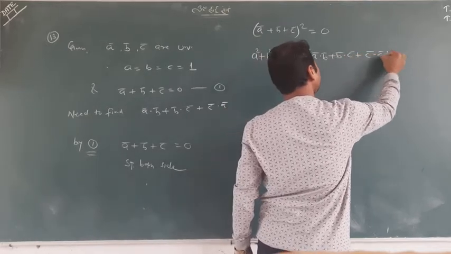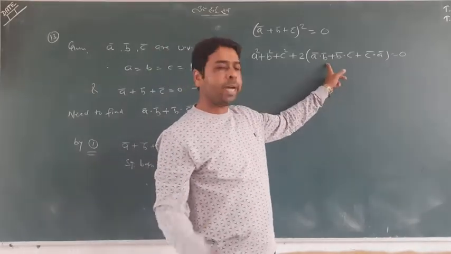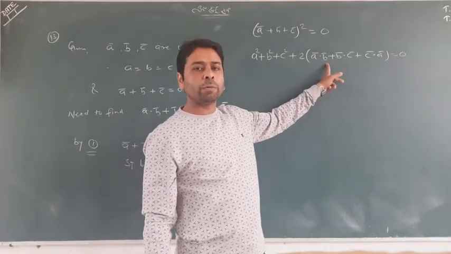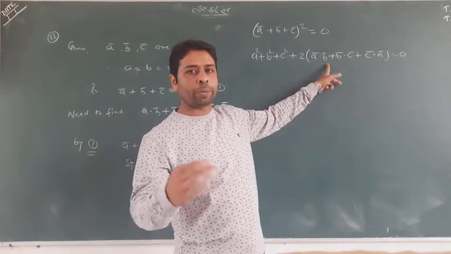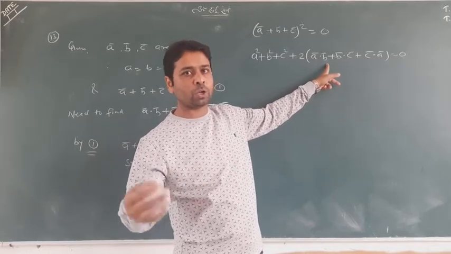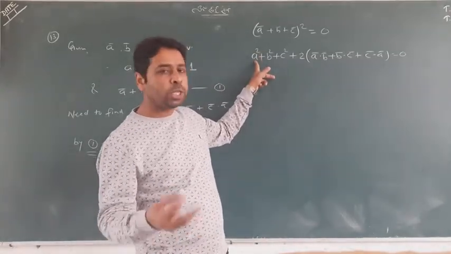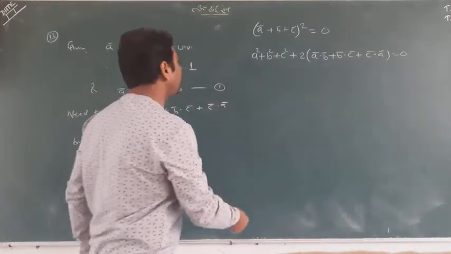This is a very simple algebraic formula, but this time remember: when A and B are in multiplication, don't write with the usual writing. Write properly A dot B. Don't write AB, BC, CA, but write A dot B, B dot C, C dot A. And when the square is used, you need not use the vector sign. Now you have everything.